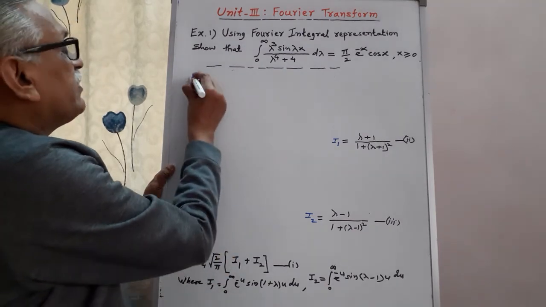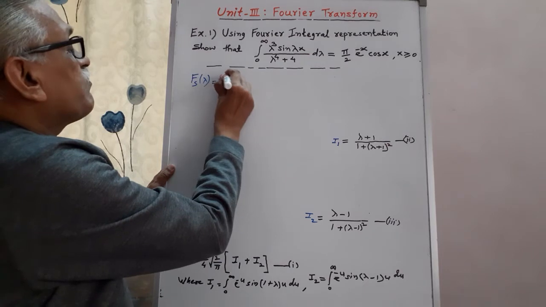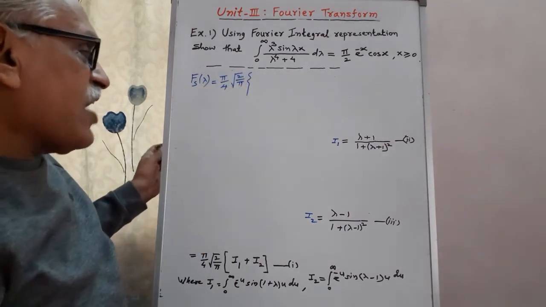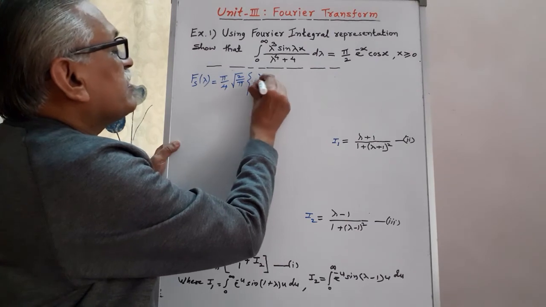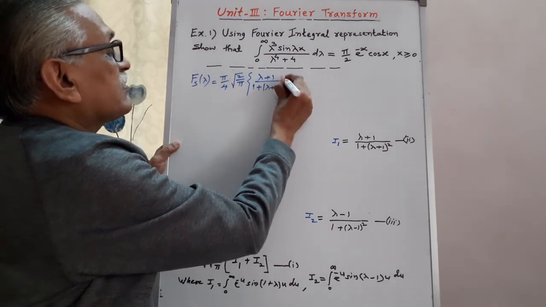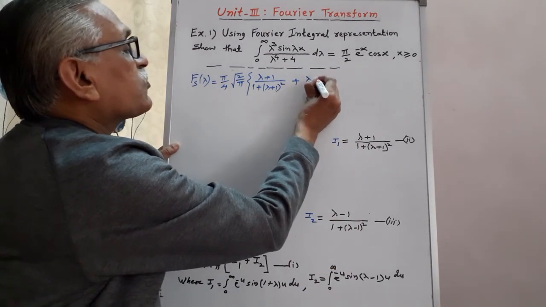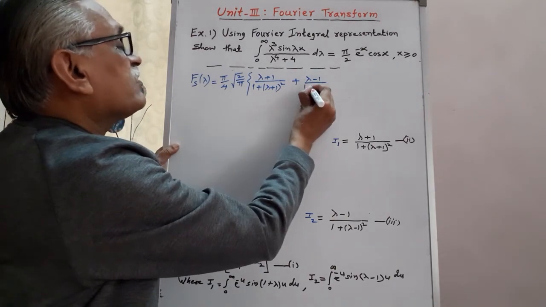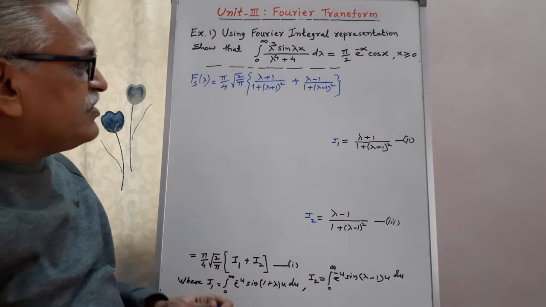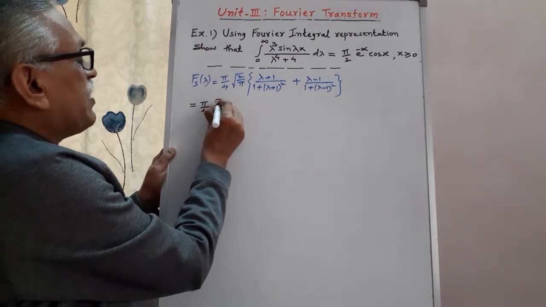We get equation 1 as Fourier sine transform Fs of lambda is equal to pi by 4 root of 2 by pi into the value of I1, lambda plus 1 divided by 1 plus lambda plus 1 bracket square, plus I2, the value of I2, lambda minus 1 divided by 1 plus lambda minus 1 bracket square, and then simplifying it,